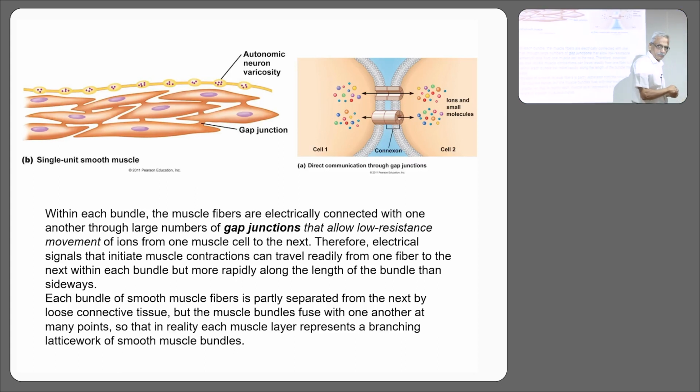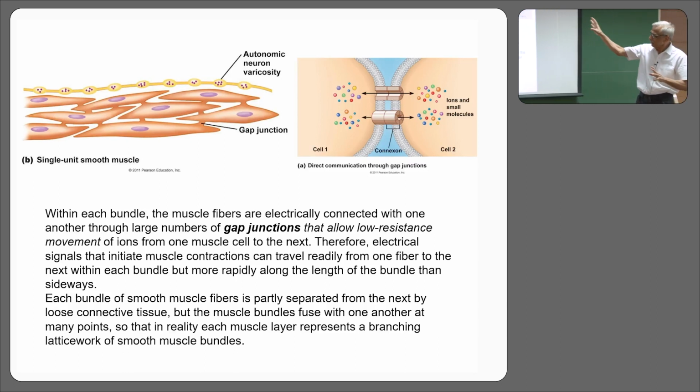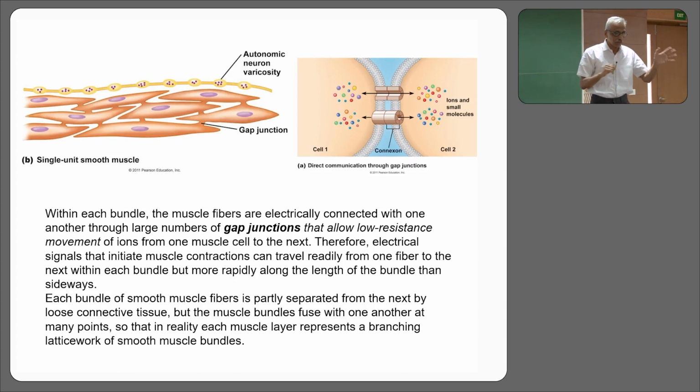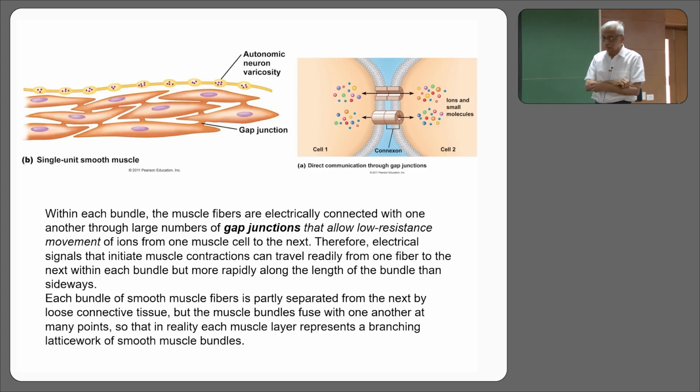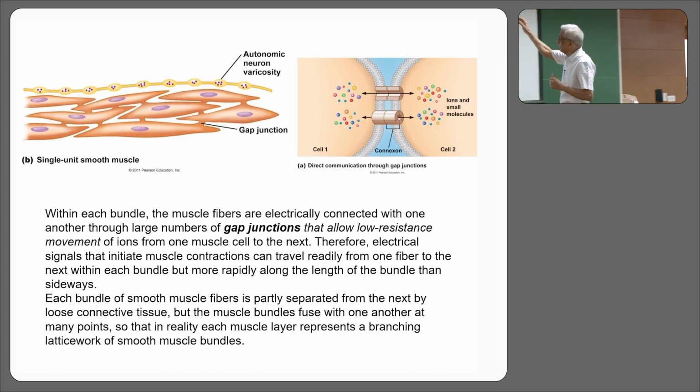Can you see a neuron there? Okay, and this innervation of a smooth muscle is anatomically slightly different from that of skeletal muscle. I will talk about it very briefly. So if this neuron